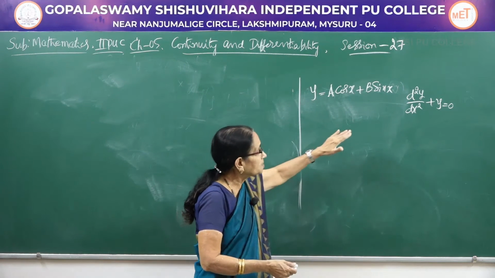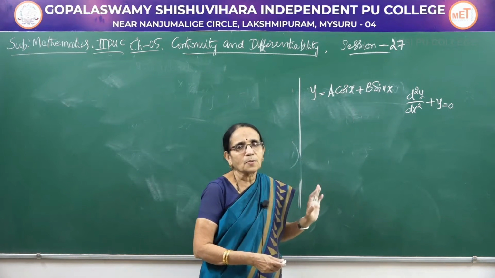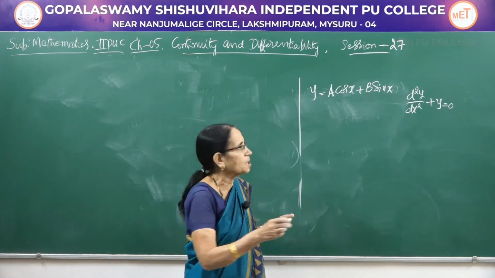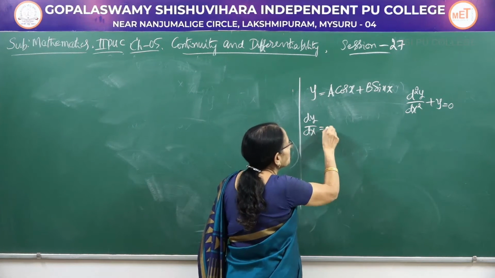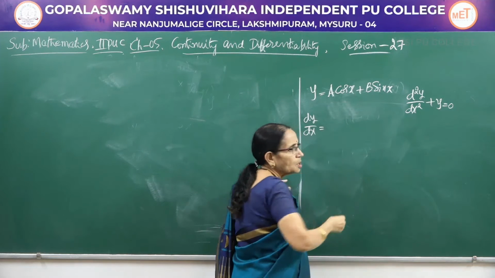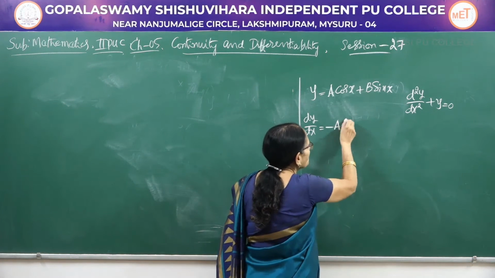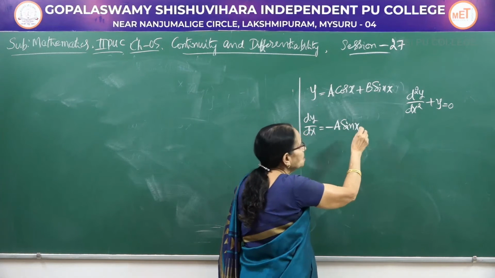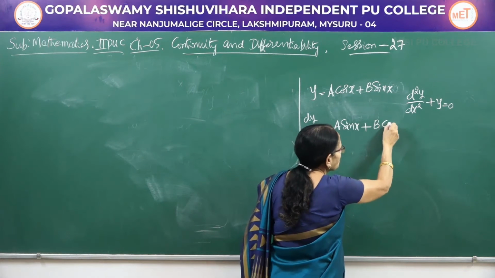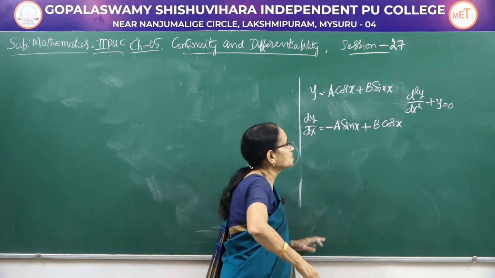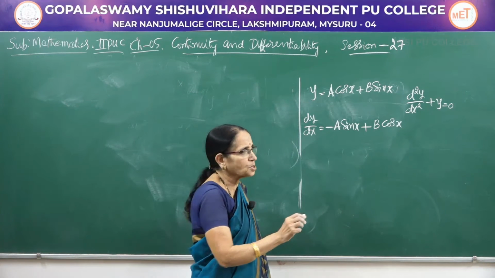Now, because a particular result is expected here, you have to try to get that one. Otherwise, you can simply differentiate 2 times, that's all. So let me differentiate once. dy by dx would be equal to a into, what's the derivative of cos x? Minus sin x. So it becomes minus a sin x plus b into sin x has the derivative cos x, plus cos x. So it is minus a sin x plus b cos x once we have differentiated.